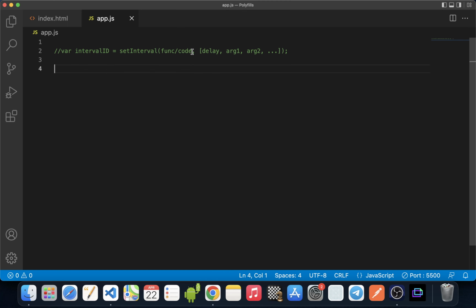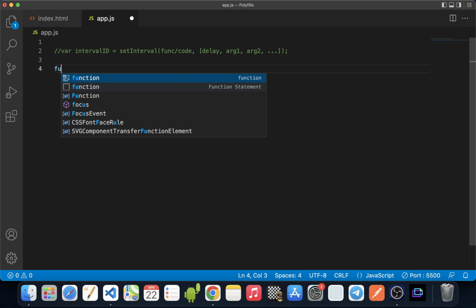One thing to notice more, this first argument can also be a string of code. If it is a string of code, then JavaScript will use the eval function internally to run that string of code. Using eval is not recommended as it slows the application and causes security risks. setInterval returns us an interval ID which uniquely identifies the interval, so you can remove it later by calling the clearInterval method. So let's understand this with an example.